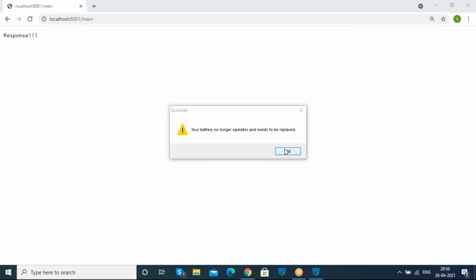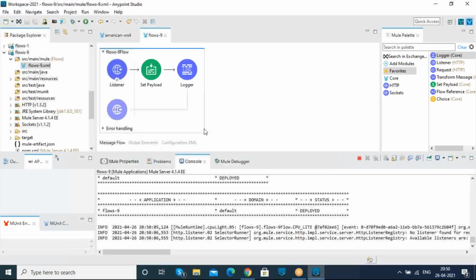Sorry. So here we just got the response over here. Since we are using the source message and message processor in the same flow, and we are able to request from the same flow and get the response from the same flow, we call it a main flow.